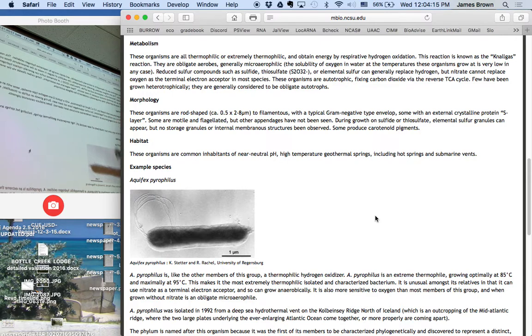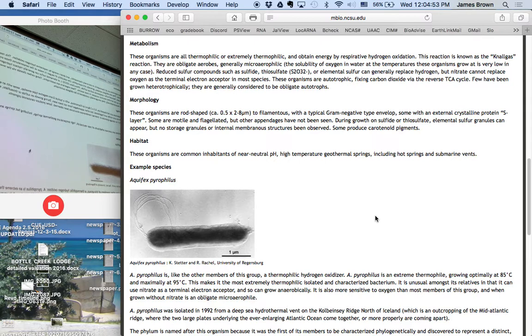Most of them are motile and flagellated. If you look up the definitions, they're usually described as non-motile. The reason for this is the way motility is usually measured is you put a drop on a slide, you look at it under a microscope, right? Imagine an organism that grows optimally at 85 degrees centigrade sitting on a slide at 20 degrees. How motile do you expect it to be? How motile are you when it's 65 degrees below zero outside? So if you heat the slides up, they swim around nicely.